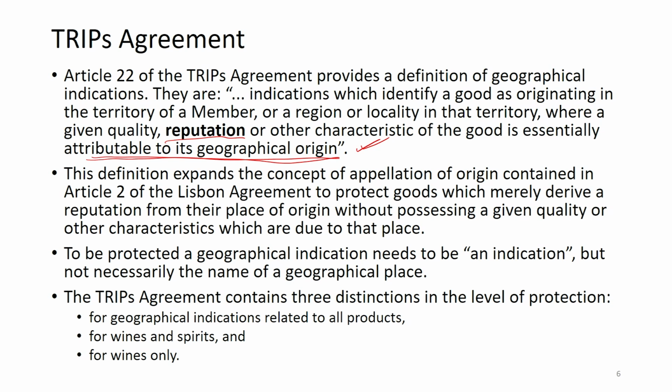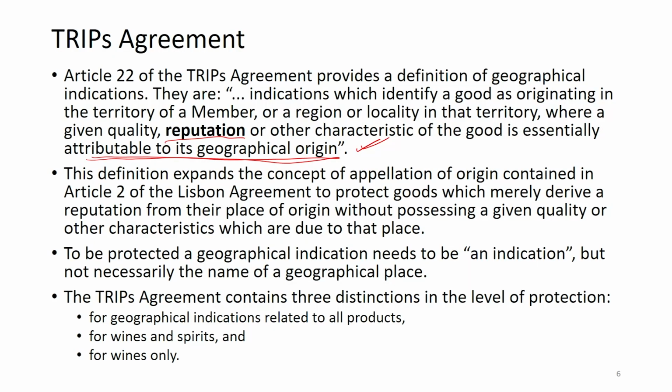So, what this definition does, it expands the meaning of geographical indication or appellation of origin as given in Article 2 of Lisbon Agreement on the basis of the term reputation, because the definition of appellation of origin contained in Article 2 of Lisbon Agreement only talked about quality and other characteristics of the good essentially attributable to geographical origin, whereas the TRIPS Agreement expands the concept to protect goods which merely derive a reputation from their place of origin without possessing a given quality or other characteristics which are due